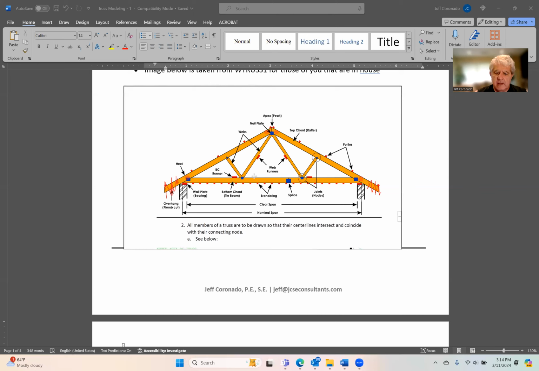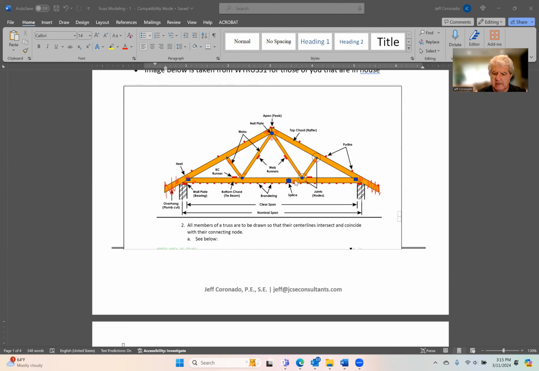And likewise, oh, I'm sorry. Let's see here. And so for the web members, we would have a connection at this end as well as this end for that web member, at each end of this web member, at each end of this web member. So at each end of the web members, we have a connection. And then the other one that we have to think about here is the bottom chord. For the bottom chord, we would have a connection at this end, but then notice here, notice how there is